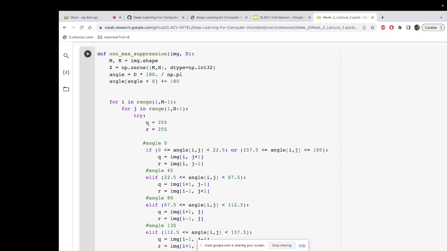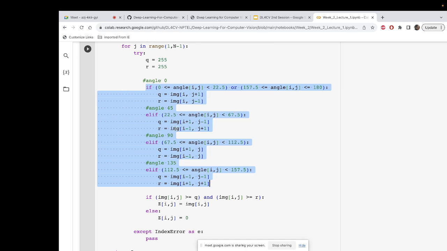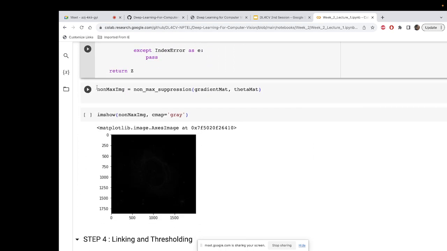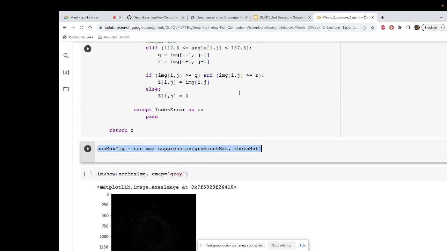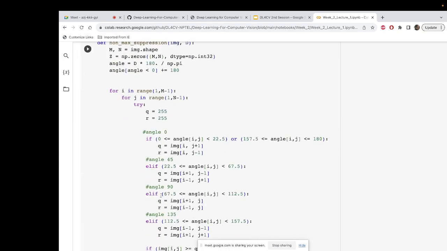So I am looking at my neighborhood and I am trying to see if I am special, if I am better than the neighboring pixels. How to pick up that neighborhood is given by this block of code, where I select based on the angles. So what is my orientation angle, based on that which bucket do I fall into, based on that I will select this Q and R. That's it. So now I will run this non-max suppression algorithm on the gradient matrix and the theta matrix, right. So the gradient matrix is what we found here through the Sobel filter, and the theta matrix both. So on the gradient matrix I will do this operation,